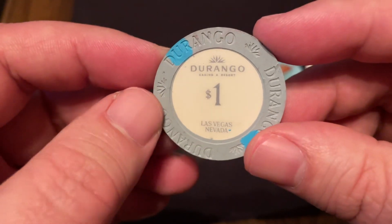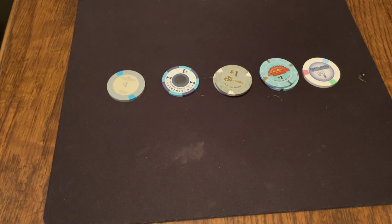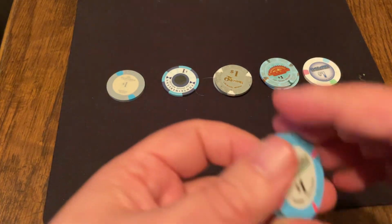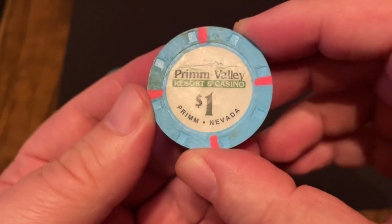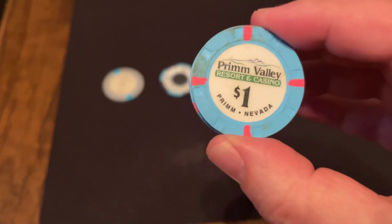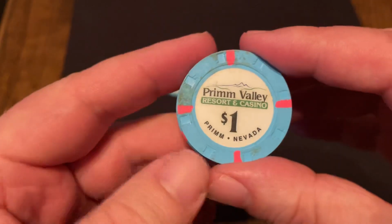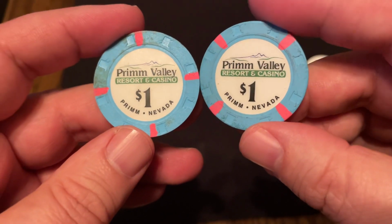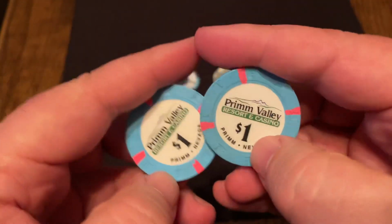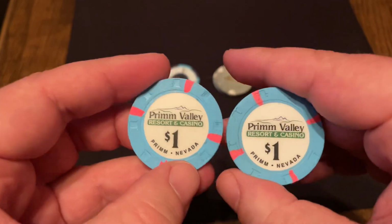Yeah, I would most certainly want to gamble with these chips. That one is number 6. Number 5. When I was out and about, I went to Primm, Nevada. Now, Primm, Nevada is on the border of California, and there are 3 little casinos out in the middle of nowhere. When I was there, I stopped at them, and these chips here are from Primm Valley, and I didn't see a single table game open,